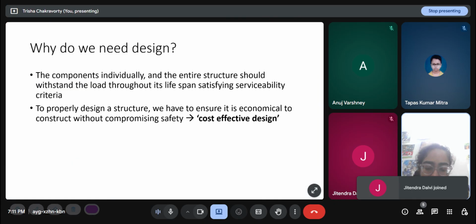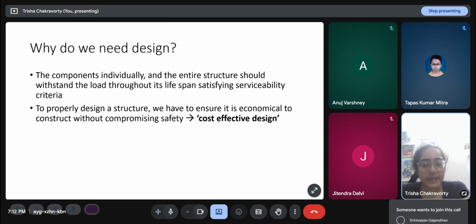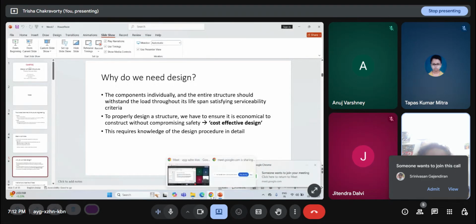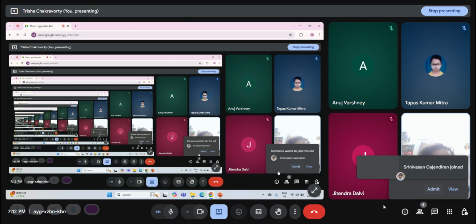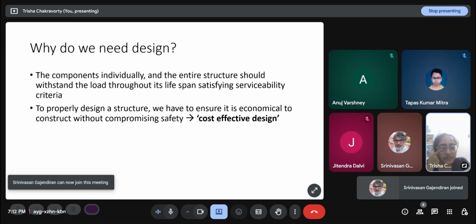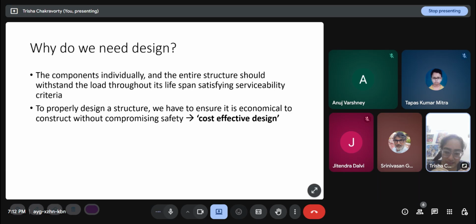So that is what is known as cost effective design, because safety and economy are a trade off. The more safe we want to make a structure, we can use higher grades of materials, we can give wider columns, more steel reinforcement in the concrete, and so on. We will be making the structure safer, but we will also be making it more expensive because the material will cost more money, right? So we cannot make a structure infinitely safe or as safe as possible. We have to take a call that this much safety is enough.